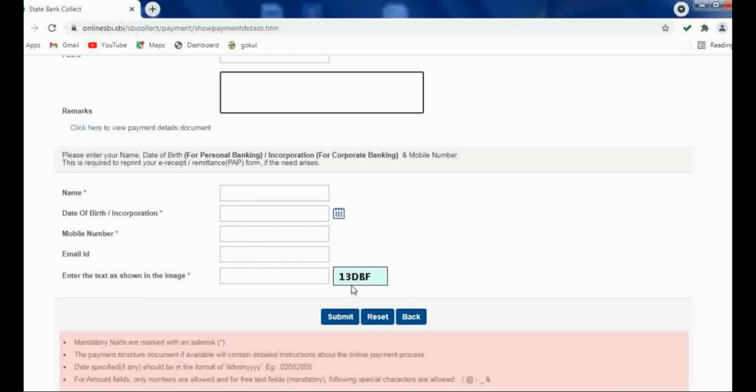Here again you have to mention your name, date of birth, mobile number, email ID, and you have to enter the text which is given in this image. This text you have to enter over here and then click on this submit button. After submission of this form, you will be directed to the online payment mode options. After completion of your online transaction, you will receive the receipt.